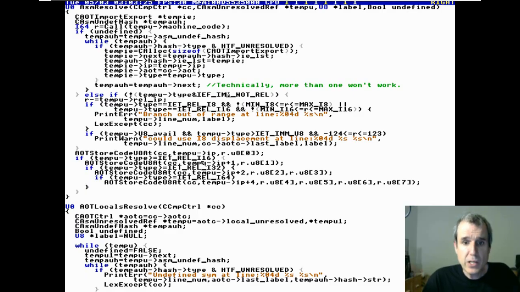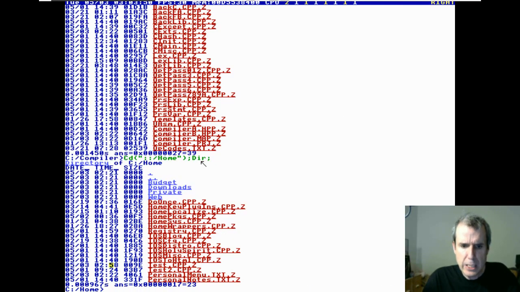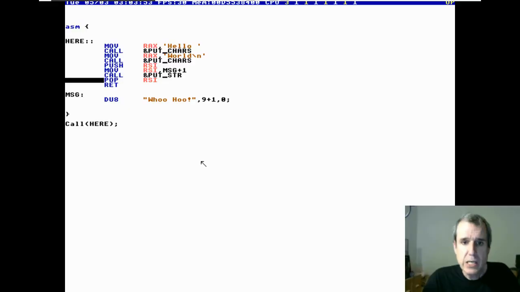So it has to know if it's a relative or an absolute value, and then finally it stores the value into the code at the spot where. So it has to keep track of the address of this instruction, and when it's doing the resolving, it stores it into the code. Anyway,